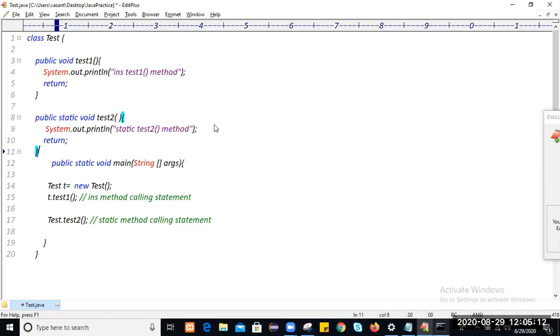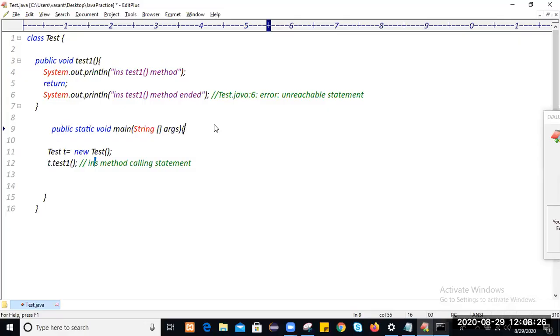Write this application example. What happens is that immediately after the return keyword, if you write any statement like this, the compiler will give you a compilation error. Why?